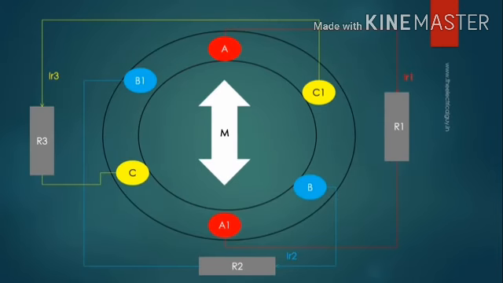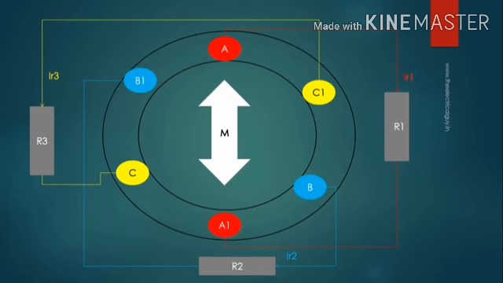Now let me connect identical resistors across all the three windings. Currents IR1, IR2 and IR3 will start flowing through the resistors. These currents are in phase with their respective voltages and hence they are also out of phase with each other by 120 degrees. Again, doing the same procedure we did for the two-phase generator,